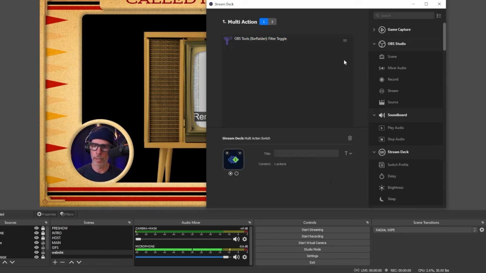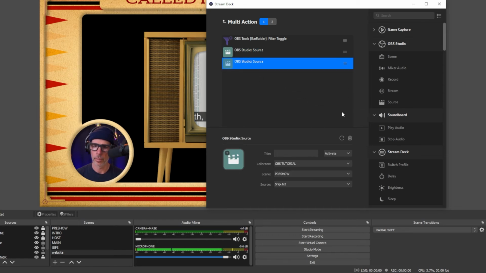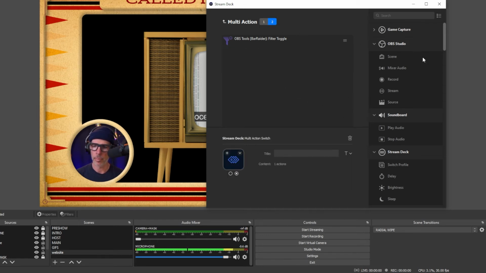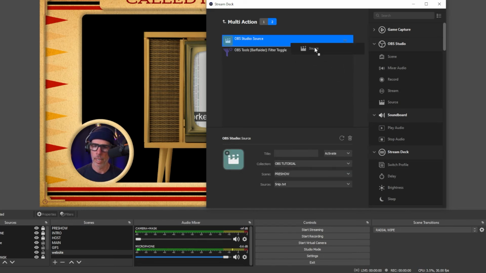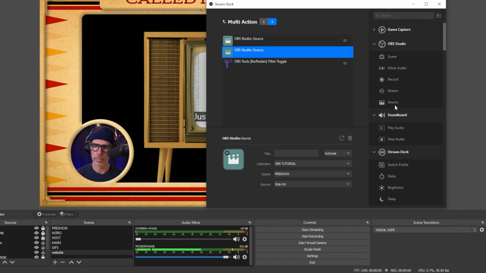Let's go back to page 1. On page 1, I want the filter toggle switch to be first and then my sources to be second. So there we go, 2 sources there. On the second page, I want the reverse. I want my sources to be first and I want my filter toggle to be last in the stack. All right. And that is because